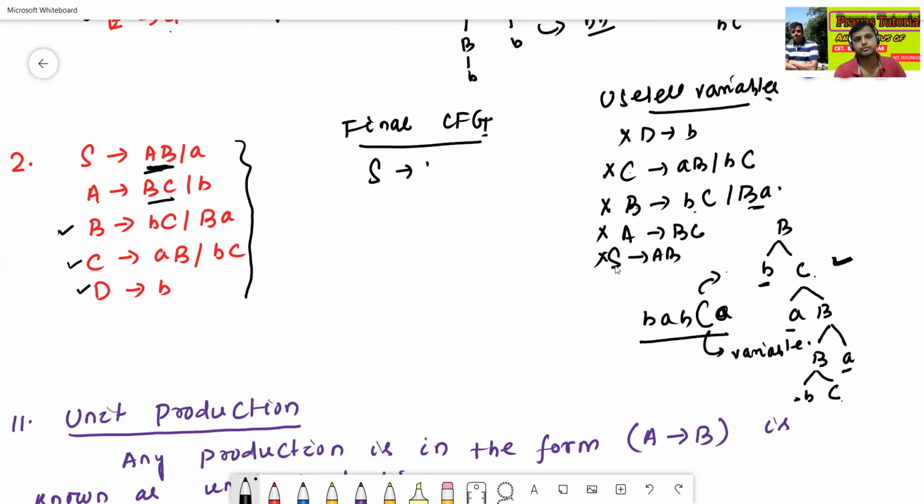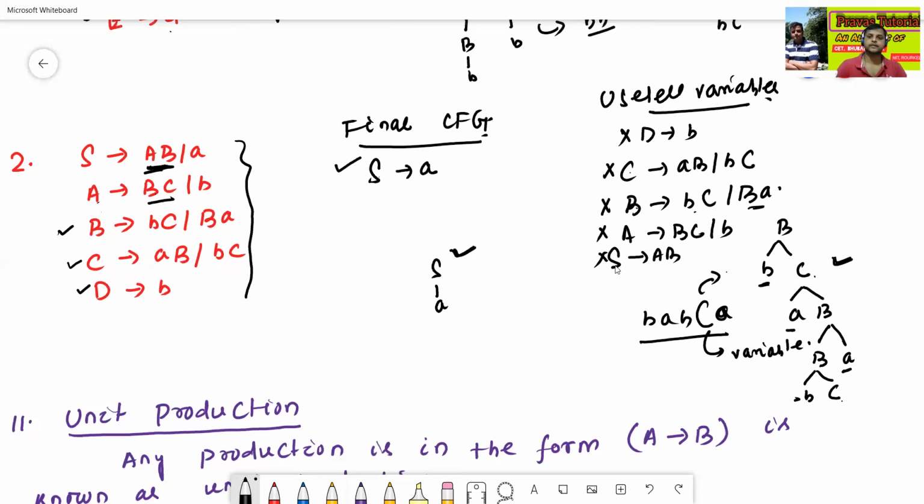The final context-free grammar is S to A, then A to B. See here, S has only one production, S to A. So A to B, meaning the entire A production, A to BC/B, is also useless, because it is not required for the derivation process, since S has only one production, S to A. So S to A is the final context-free grammar.